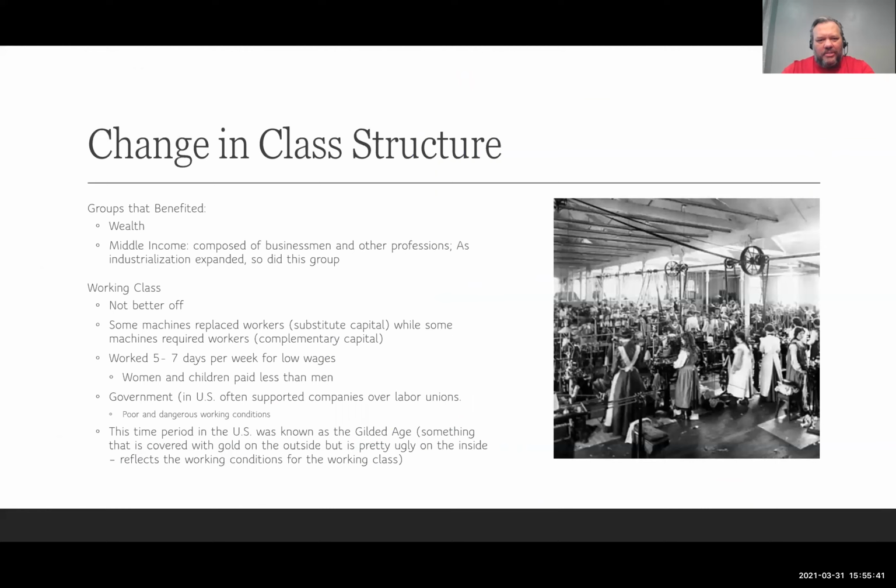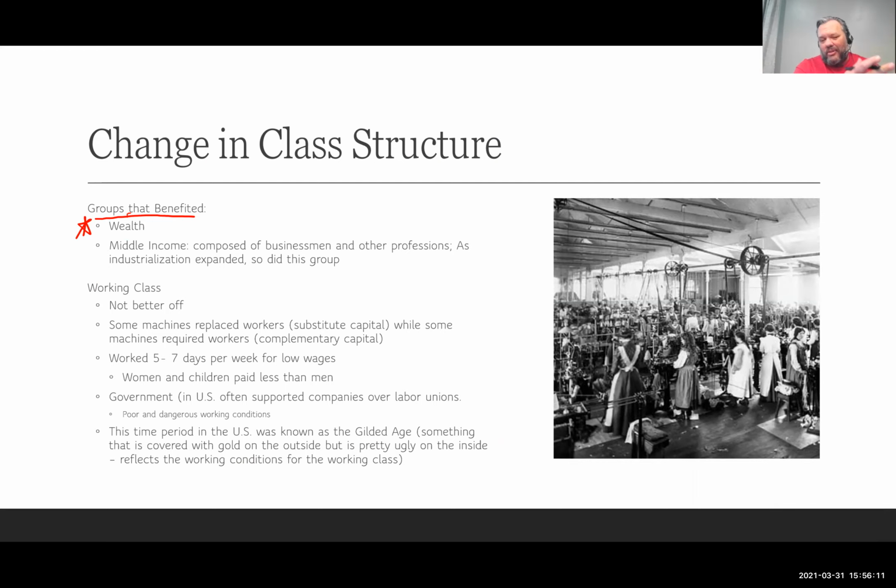Now, the other part is we have this big change in class structure. Before this, most people were poor, and there wasn't really much of a middle group. Some, but by no means nothing like we have today. And so when we talk about industrialization, there were a couple of groups that benefited. Obviously, the wealthy, the people who own these factories, the super wealthy. Think about Bill Gates today, or Elon Musk, or Jeff Bezos. Those people benefited greatly,